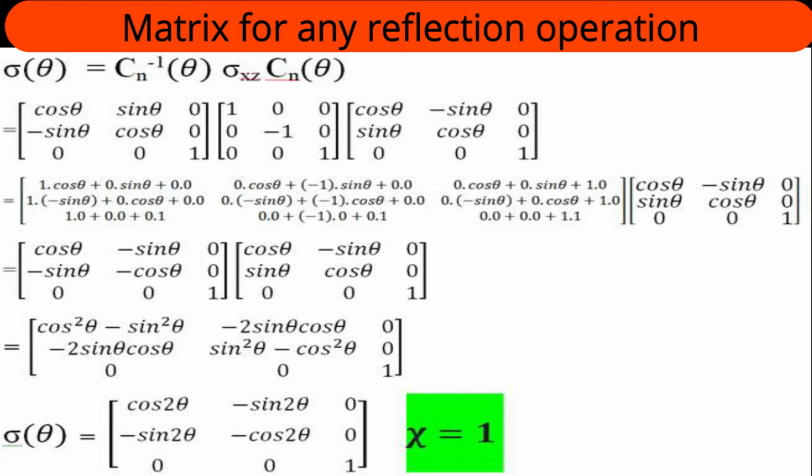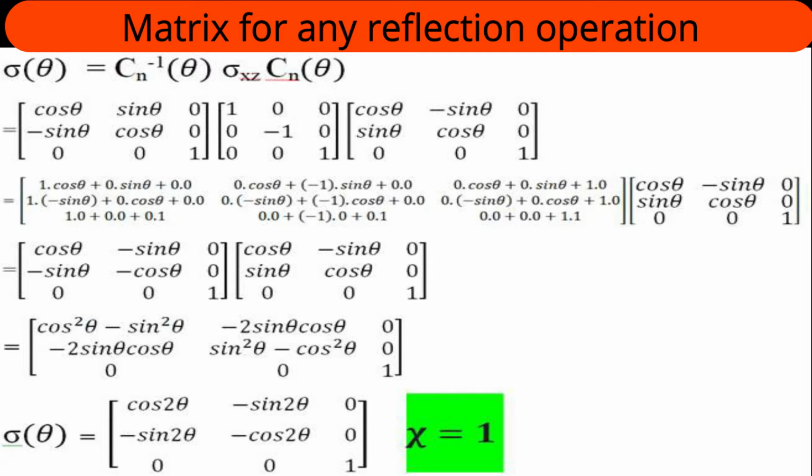And for sigma xz, in which the y portion is not there, the y coordinate will be negative, the others positive. Therefore the matrix representation for sigma xz is 1 0 0, 0 minus 1 0, 0 0 1. What are we doing? We are transferring sigma xz into a new plane, sigma theta. That means we are rotating sigma xz by angle theta. So we consider the similarity transformation of sigma xz through rotation to establish the new plane sigma theta.